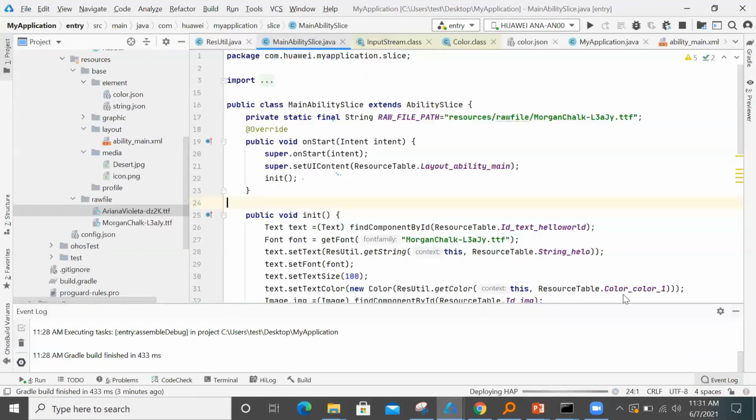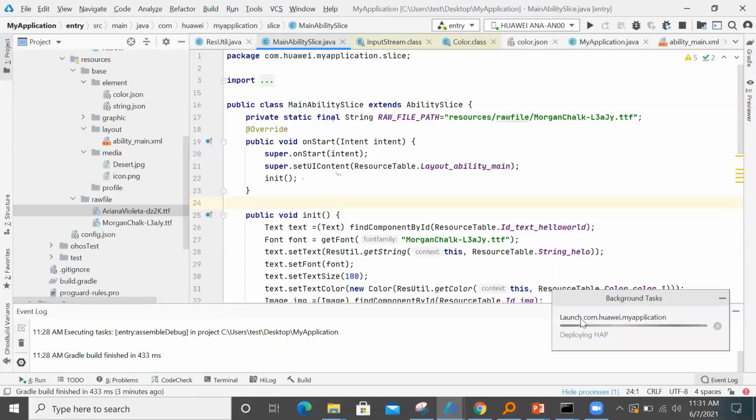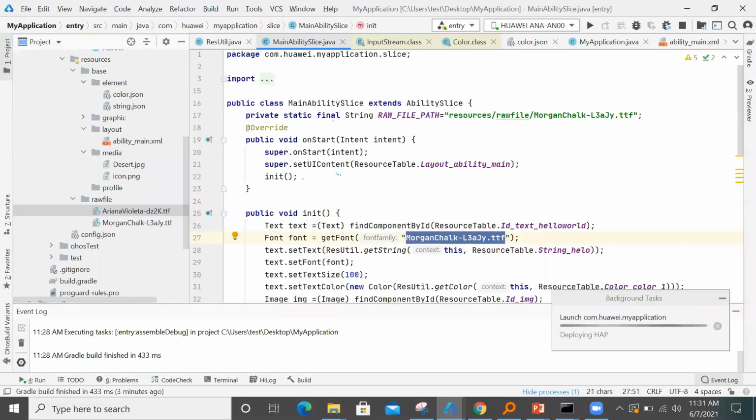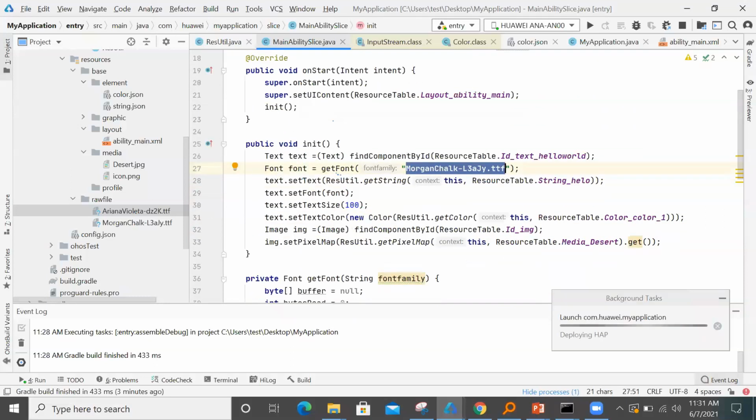It's probably because my network is not that fast. Anyway, whatever is the output of this particular thing, I'll attach as a video whenever I upload it to GitHub, so then you can see it. Basically, it will just create text like "Hello World" or something in this particular font. That's all. So that is it about accessing from the resources part. Now, I think, yeah, that's it.